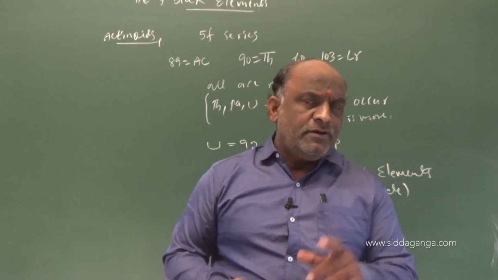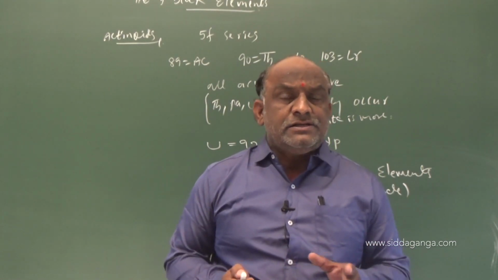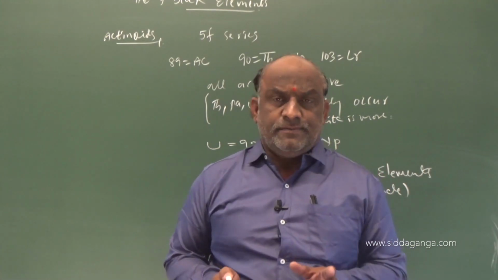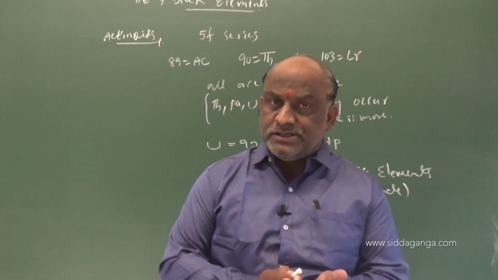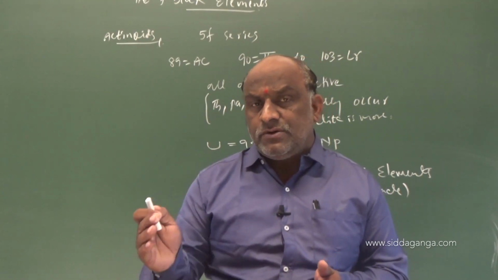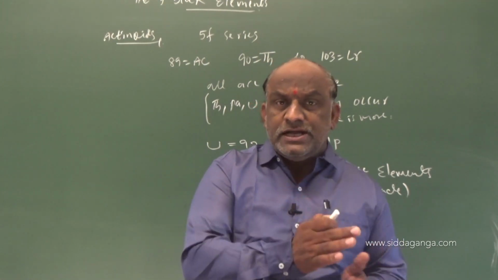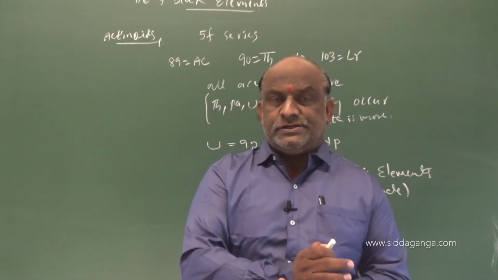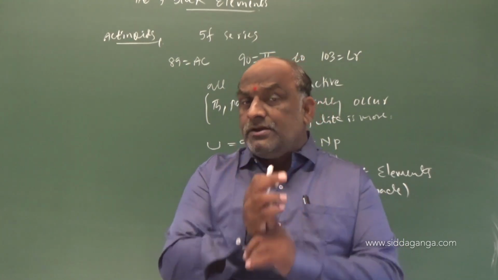Already we studied in the last class regarding lanthanides. Lanthanides have common oxidation number +3, and stable oxidation number also +3. If some elements exhibit +4 or +2, they act as oxidizing and reducing agents because of the stable oxidation number +3. On the other hand, when studying the actinides,